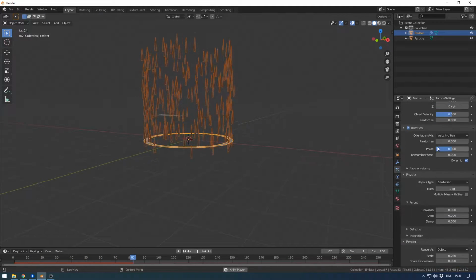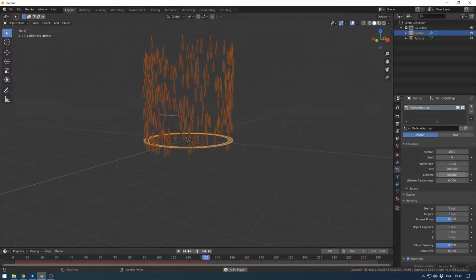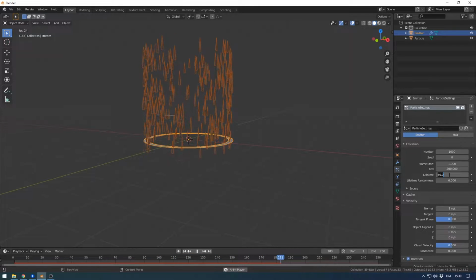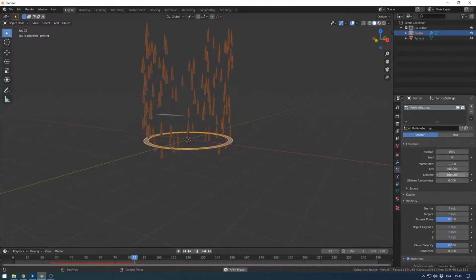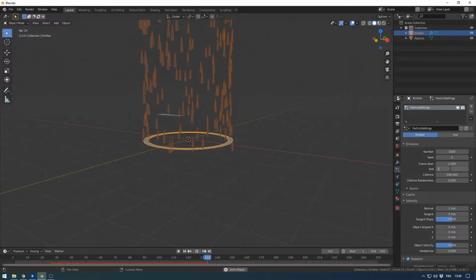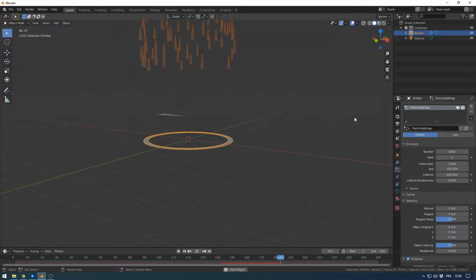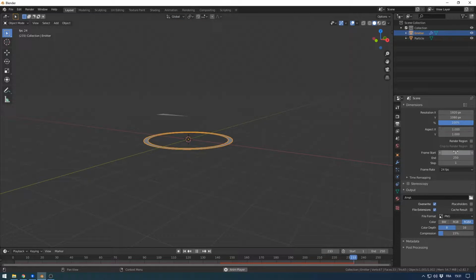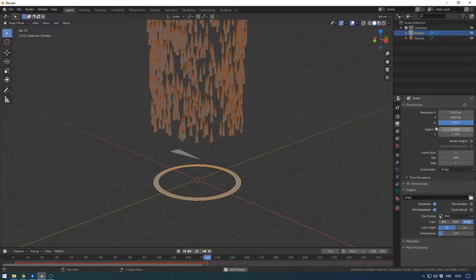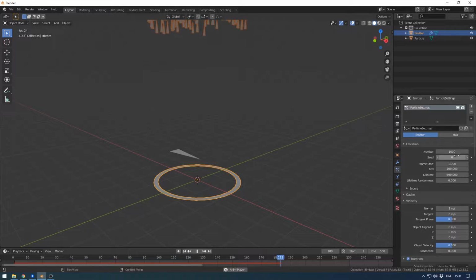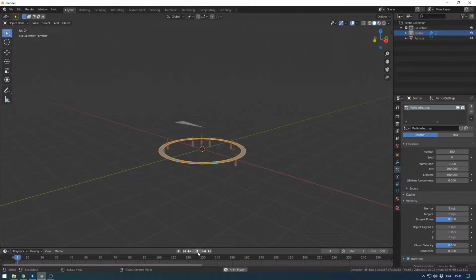and in the particle I will change the lifetime to 500, and the animation start to 100, and the animation end to 502. So like this. Great. I have my particle here, and now the goal is to